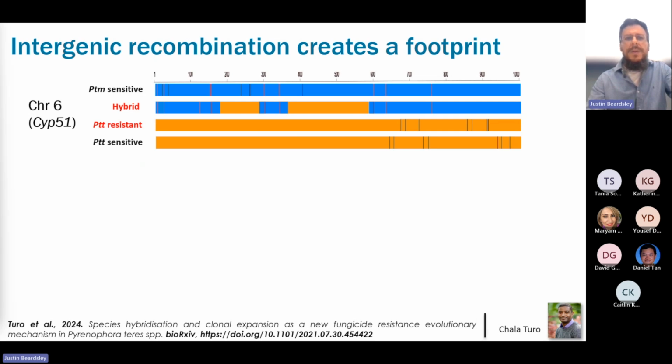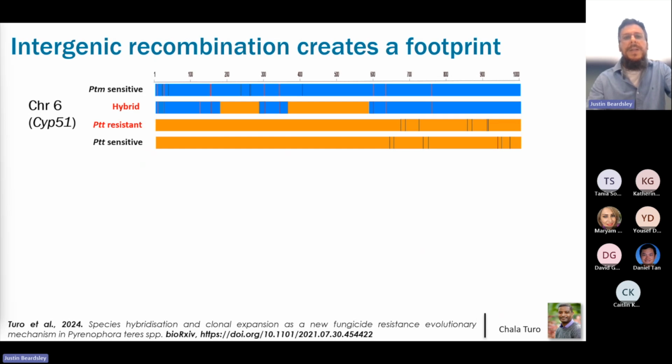Then we've got a Parastagonospora teres that is resistant. At the top, we've got a Pyrenophora teres maculata, PTM, sensitive, and then we've got our hybrid. This is at chromosome 6 that basically harbors the CYP51, which is the DMI target. As you can see, they're basically chunks of the genome that belong to PTT and chunks of the genome